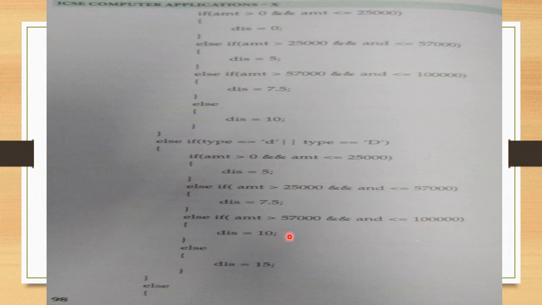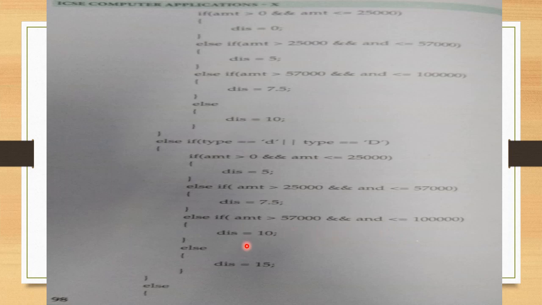And else, means purchased amount is more than 1 lakh, then discount will be 15. Okay, remember that in all these logical operators we have to use the variable amt on both sides. If you write it only once, it will show the error. So both sides you have to write the variable.